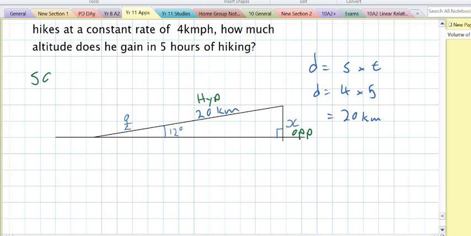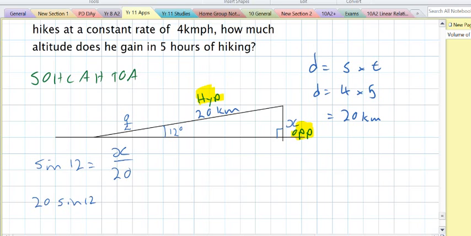So if we remember SOH CAH TOA, we have the hypotenuse and the opposite. Which one are we using? Sin, good. Sine 12 equals opposite over hypotenuse. Opposite is x over 20. Multiply both sides by 20, we get 20 sine 12 equals x. Therefore x equals